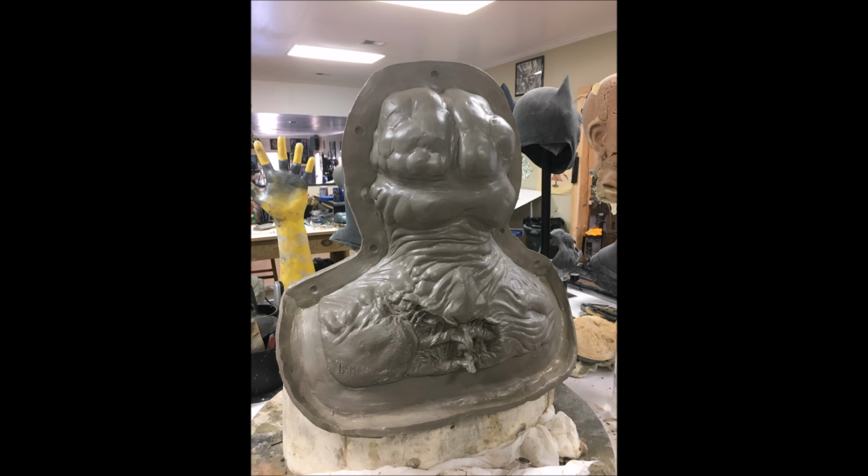You want a nice clean edge that not only you will be able to grip very sturdily whenever you go to cast your mask after the mold is complete, but also one that will help you build up a nice decent thickness of the mold in general. And this is just done using my fingers and some water clay. All this is, again, super simple, super easy, and once we're done with that,